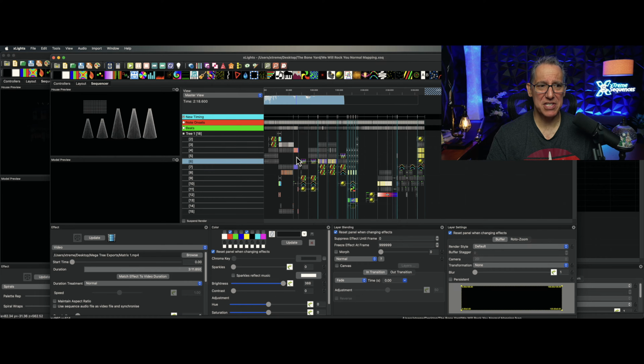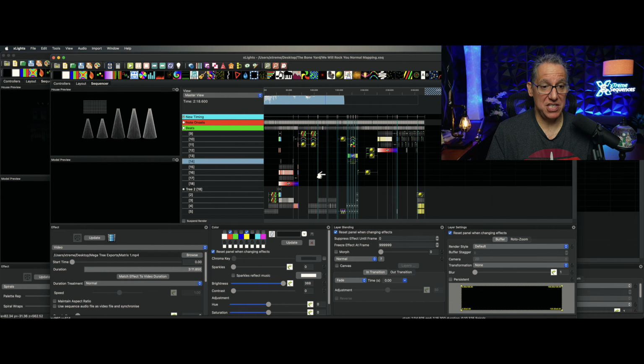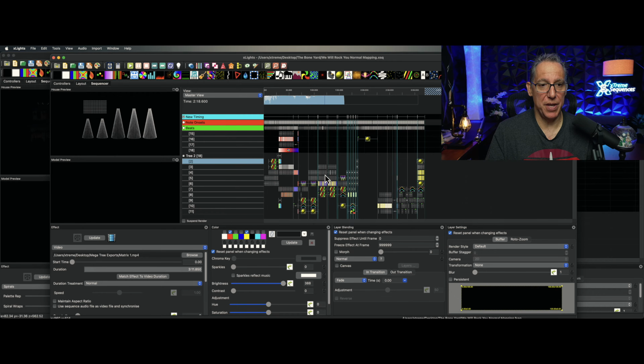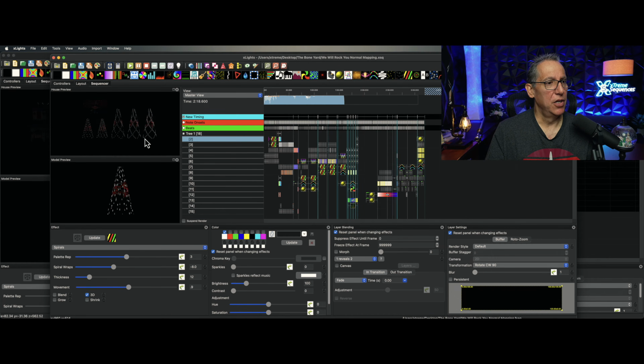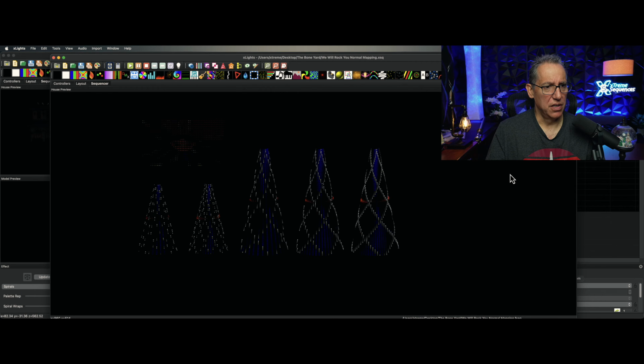But I'm taking a different stance on that, I think, going forward, and that is, let's just put the effects on there, if there are effects. If it's video work, that's a little bit different and a little more complicated of a discussion. But for this sequence, there's quite a bit of effects going on. So if I click on here, we can see all of this resolving,